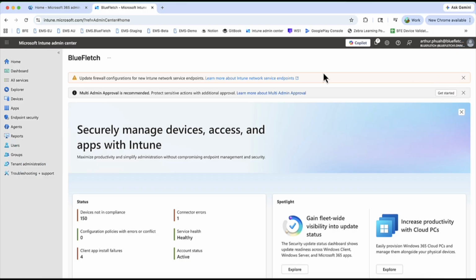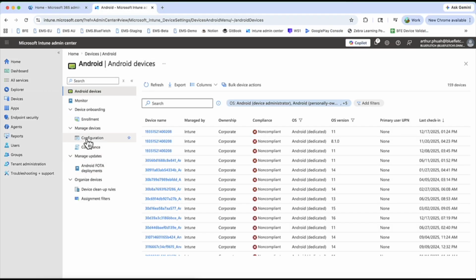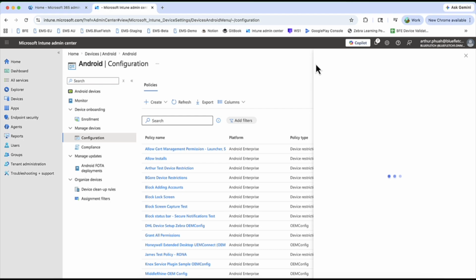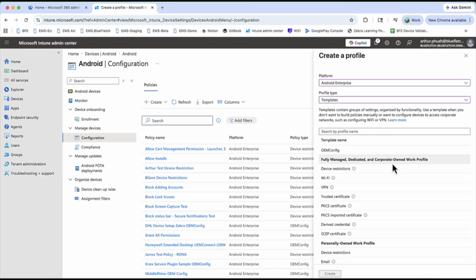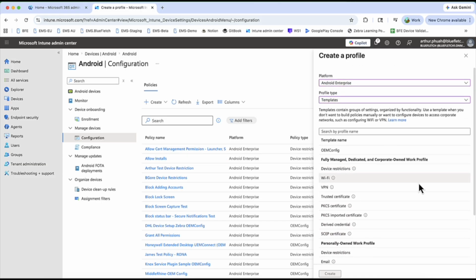So now let's set up our configuration policy. Now we've got to go to devices, back to Android, and you go to configuration over here. What you want to do is create a configuration by creating a policy. Choose your platform. We're going to be choosing Android Enterprise. And over here, you can choose the template you want. You can have your personally owned work profile, or in this case, we choose our settings over here. So we go to device restrictions, we create that,